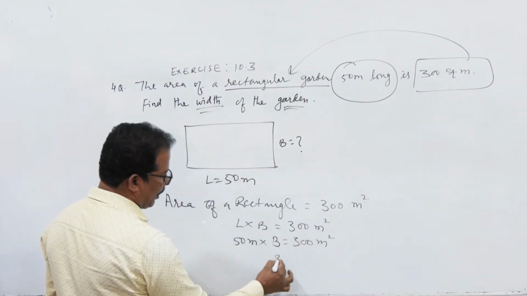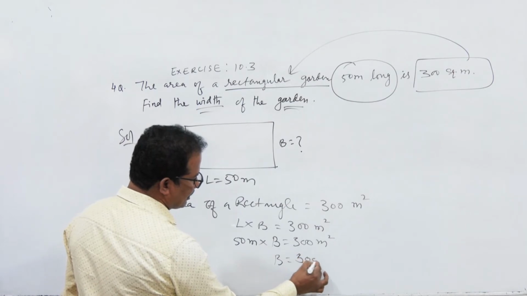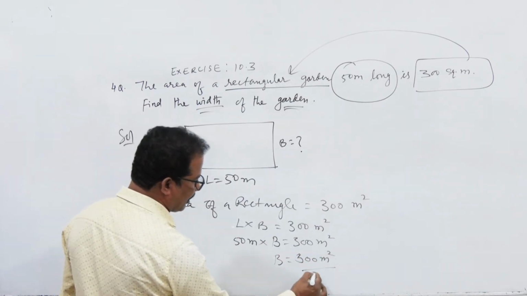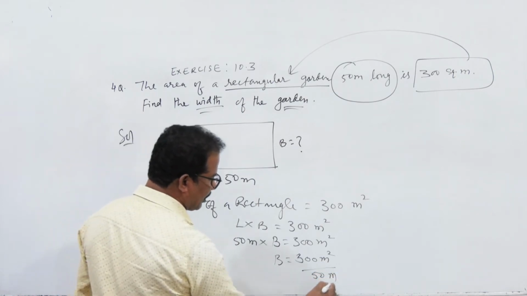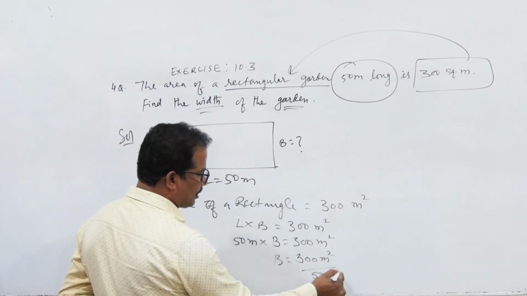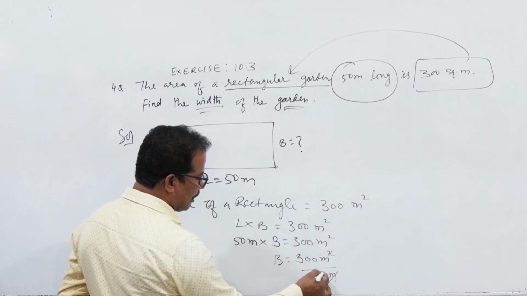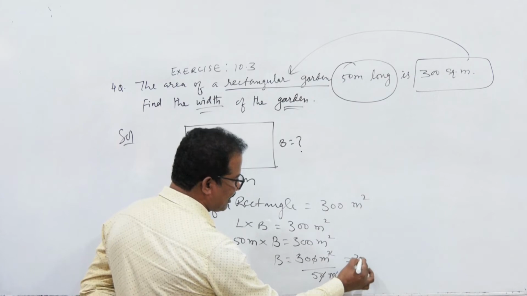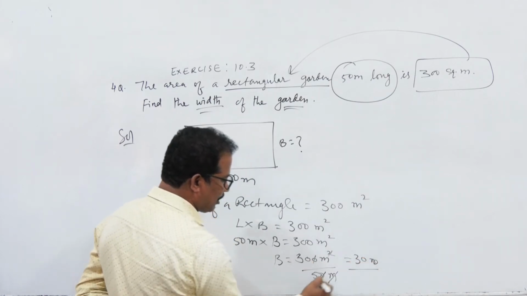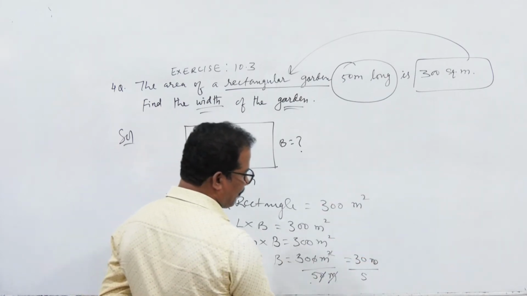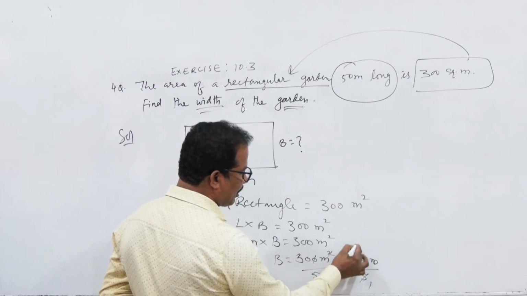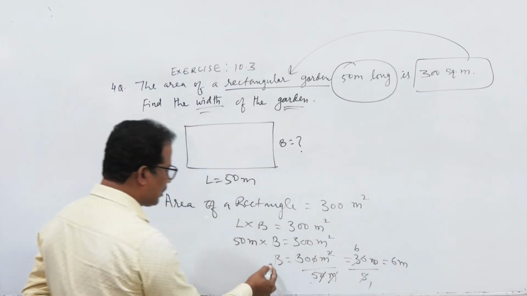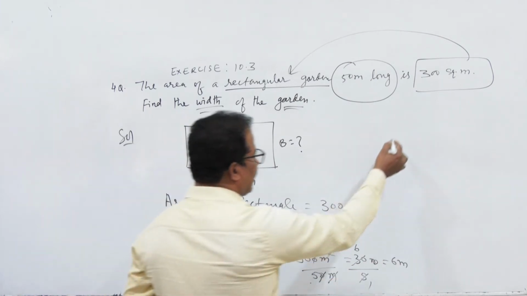So in this, to find the breadth, we have to shift this length to the denominator of the right hand side. It will go to the denominator, that is 50 along with meter. Now you can see meter square and meter. 1 meter will be cancelled out, and from 0 0 also 1 0 will be cancelled out. What is left here? 30 and 1 meter divided by 5 only. Still if we divide 30 by 5, that is 5 6s are 30, so we got here 6 meter. This 6 meter is the what? Breadth of this rectangular garden.